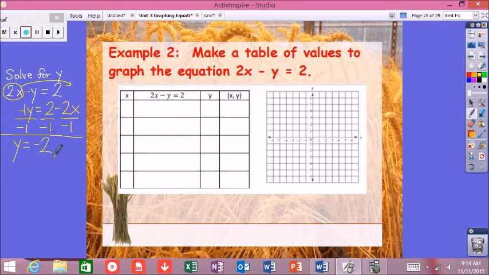Oh, and check this out. A negative and a negative, so that's going to end up being a plus. And 2 divided by 2 is 1. 2 divided by 1 is 2. Negative 2 plus 2x. So what I'm going to do is go back to where I have my equation written in my table. I'm going to scratch that out, and I'm going to change that to say y equals negative 2 plus 2x. I can type this straight into my calculator